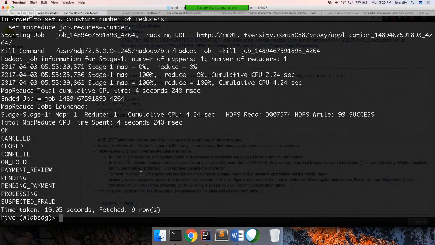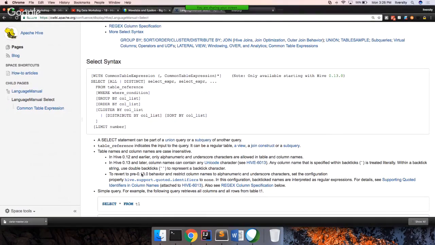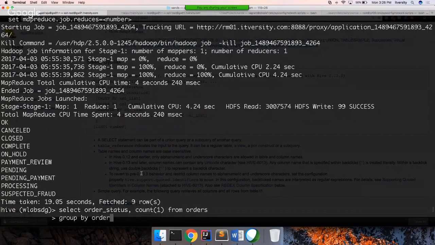And now if you want to get the number of orders within each state, so let's say I just want to go through all my orders and see how many orders are there in each type of state. Okay, in that scenario, you have to use the next clause. If you go to the syntax called group by. Okay, so here you have to say select order status, count of 1 from orders